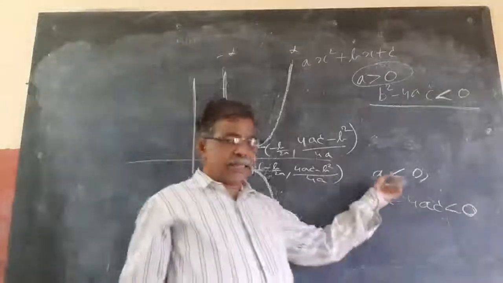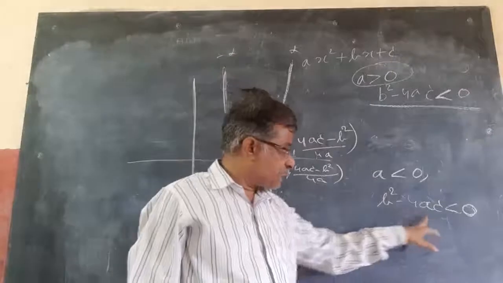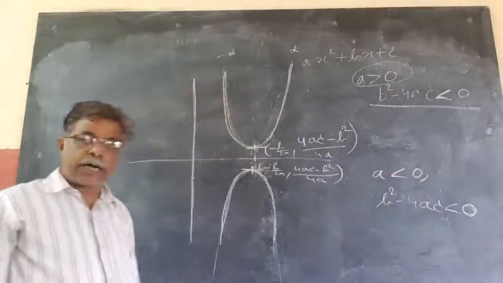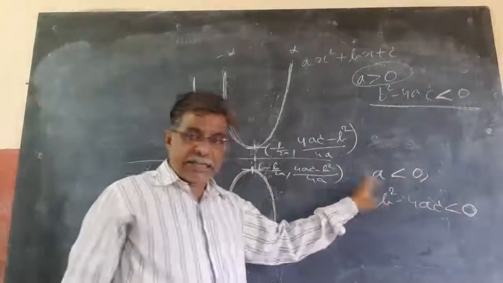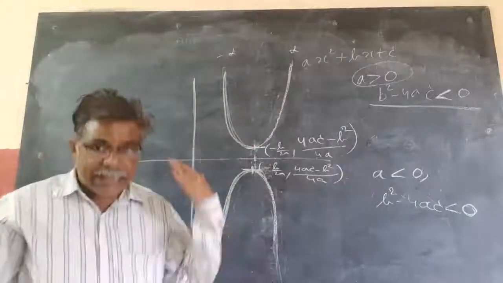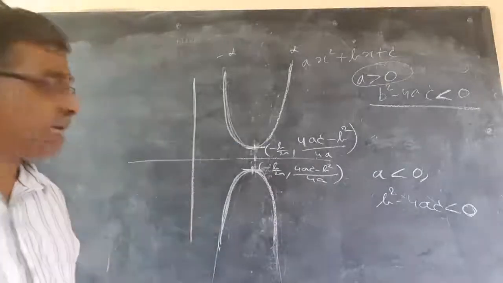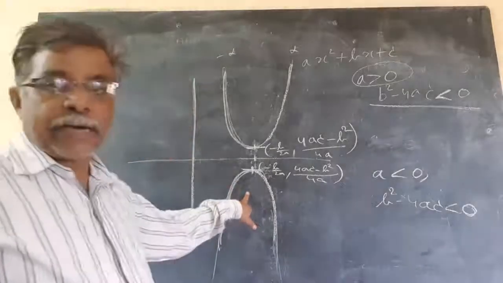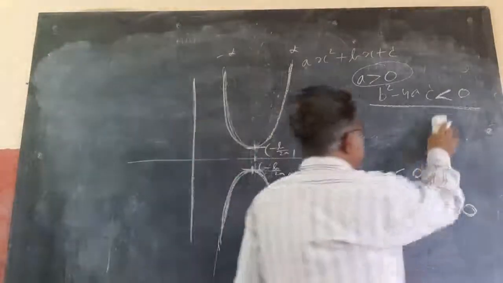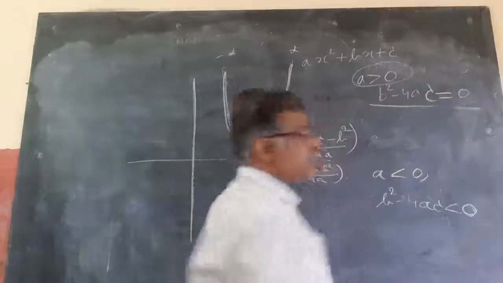Like, if a is less than 0 and b square minus 4ac is less than 0, f of x must be negative, because b square minus 4ac less than 0 means f of x and a will have the same sign for every x belonging to R, as I told. So a less than 0 means f of x is also less than 0. That's why in this graph, everywhere f of x is below the x-axis, meaning less than 0. Like that, we can represent in the graph whatever we discussed in the last class. Say, if it is b square minus 4ac equal to 0, what I told?